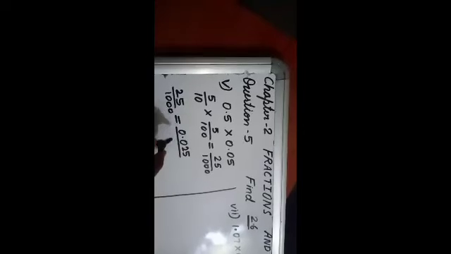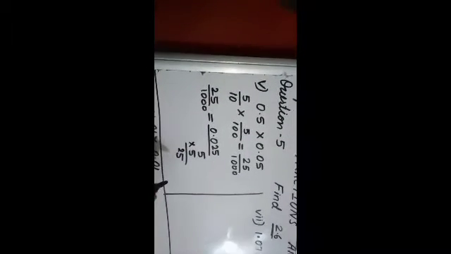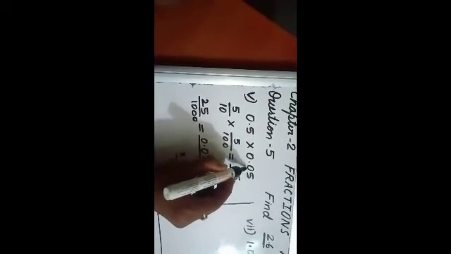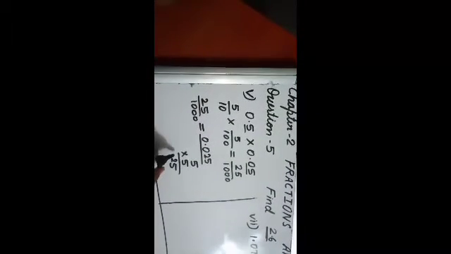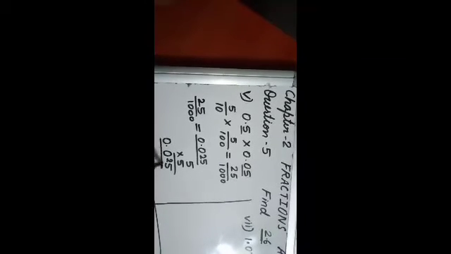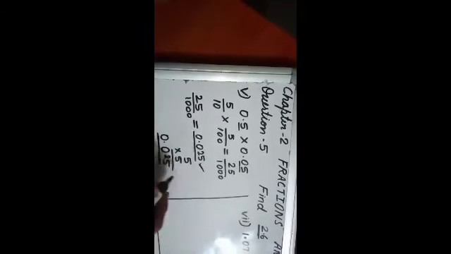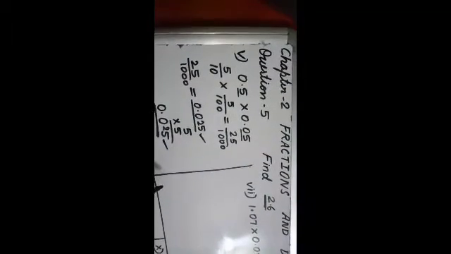Here you can cross check your answer, whether it is correct or wrong, by multiplying. As I told you, 5 fives are, if you multiply, you will get 25, but the main thing is that you have to count how many decimal places there are. Total here 2, here 1. 2 plus 1, there are 3 decimal places. So if there is no digit, then you can take it as 0, then 0.025. Hope you understood. Both answers are correct. In this way, you can cross check the answer.